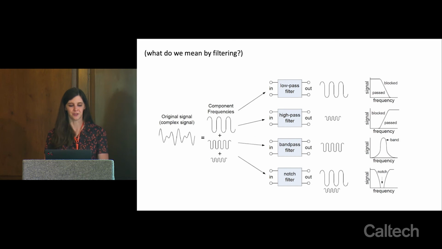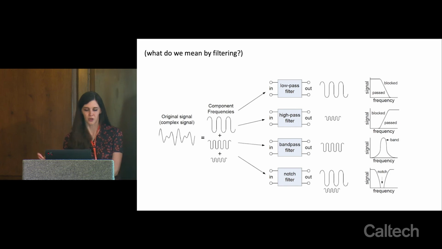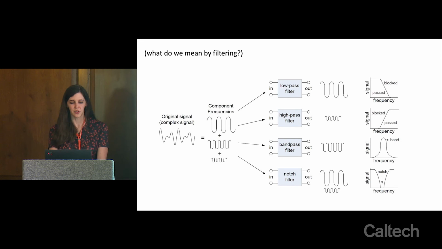So when I talk about filtering, this is just an interesting diagram I grabbed off the internet talking about different types of filters. If you have any arbitrary signal that's being fed into your neuron, you can use a Fourier transform to break it down into a set of frequency components. Frequency representations are usually helpful for thinking about time series data as a summary of what a signal is doing. And what a filter is doing is attenuating the contribution of particular frequency components to a signal. It's removing some and letting others through.